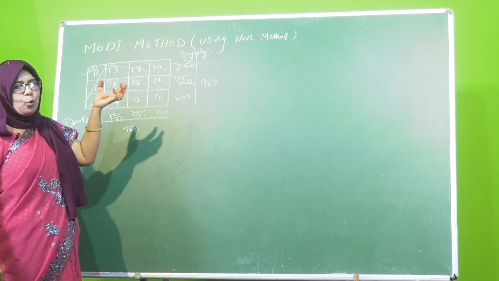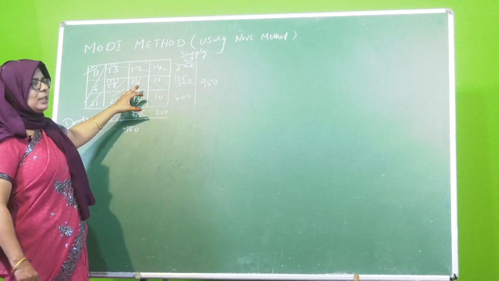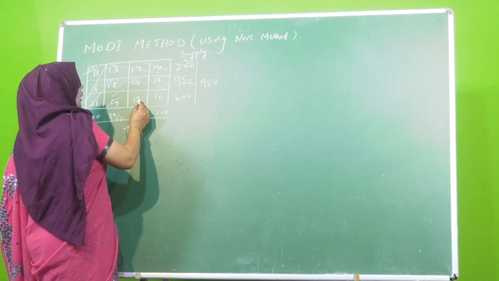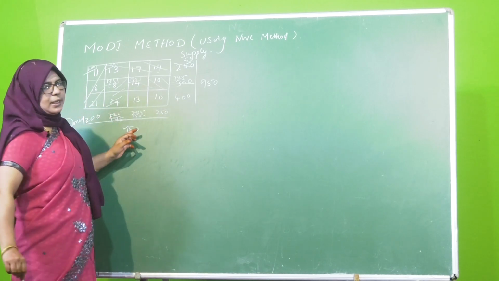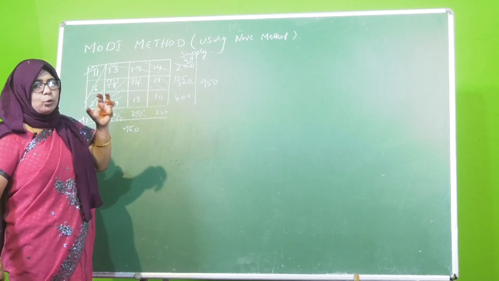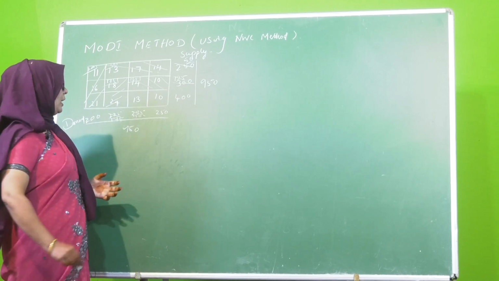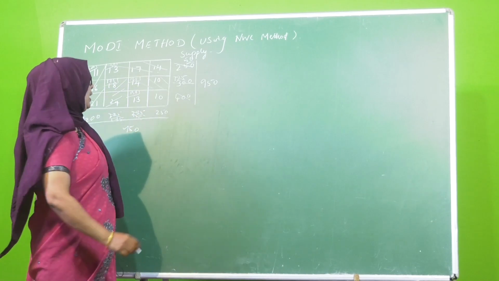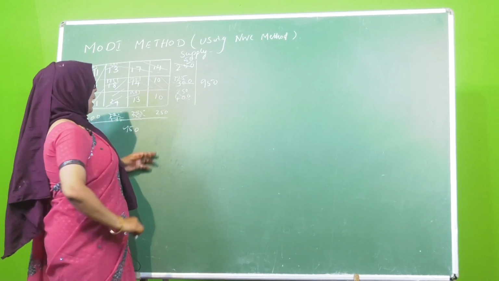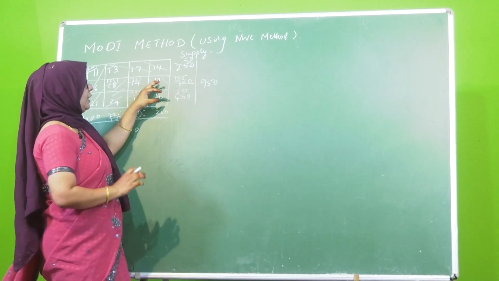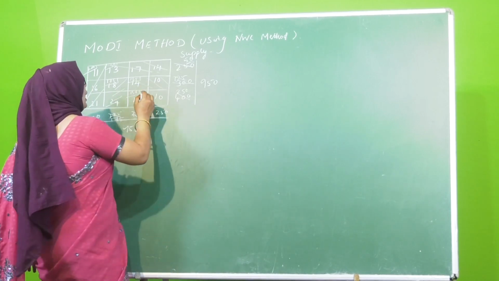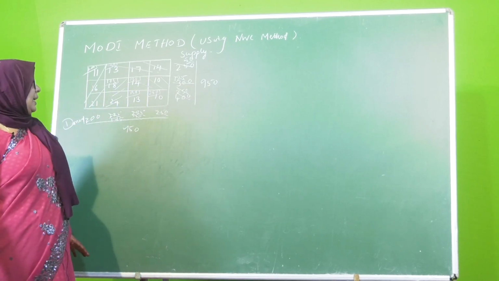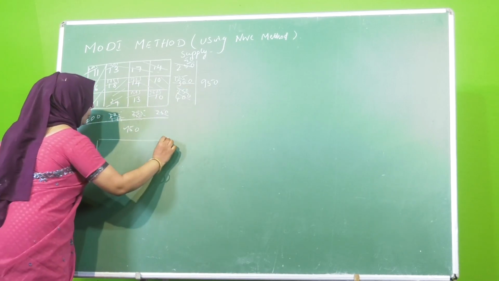Among these 2 elements, which is the northwest element? Obviously, 13 is the northwest element. Compare these two: the row element is 400 and the column element is 150. Among these two elements, which one is the lesser value? 150 is the least value. So, we have to allocate 150. 400 minus 150, we are getting the remaining 250. The problem is balanced, only 250 and 250 remain, so we allocate 250 and they get cancelled.